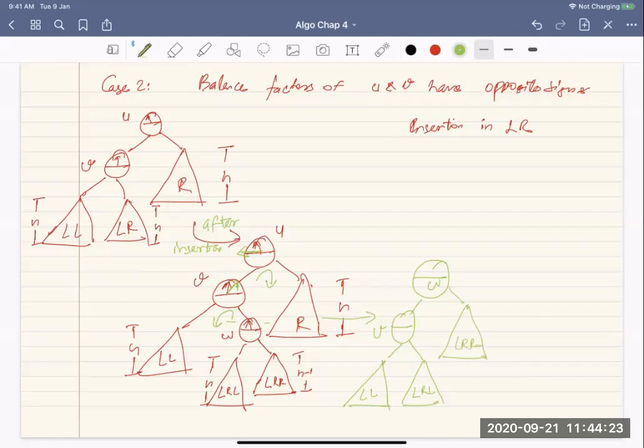Now U remains the same, it retains its R. Okay, and now I'm not putting the heights because we are doing a further rotation.